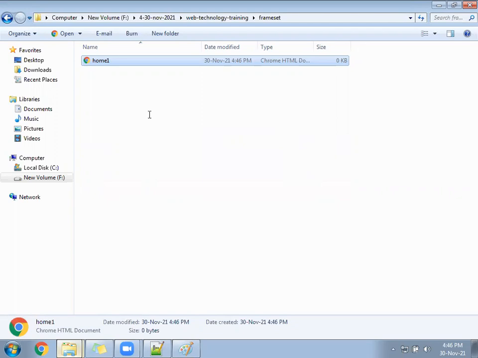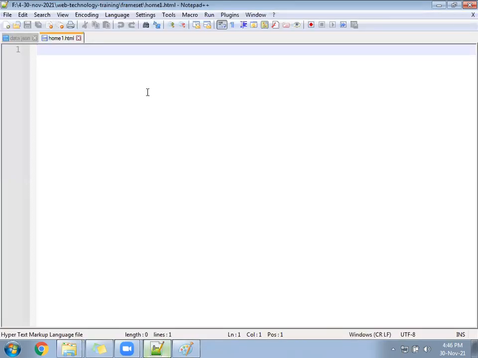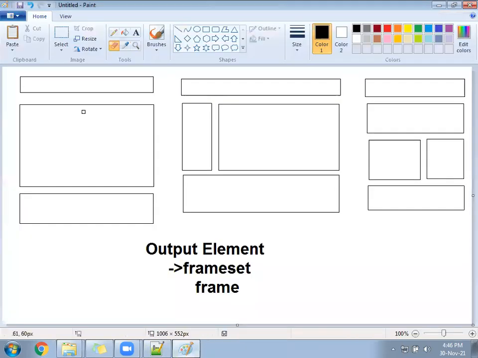Now, under the home1.html file, suppose you are going to follow this structure, the first one. In the first one, how many blocks? 3 blocks. The total height is divided into 3 rows: this is the first row, this is the second row, and this is the third row.